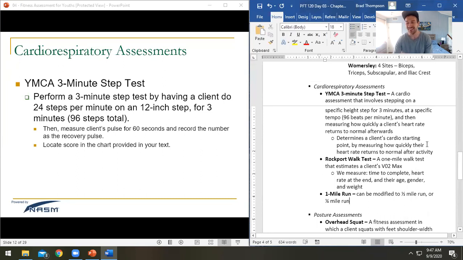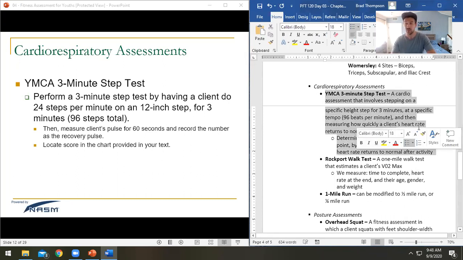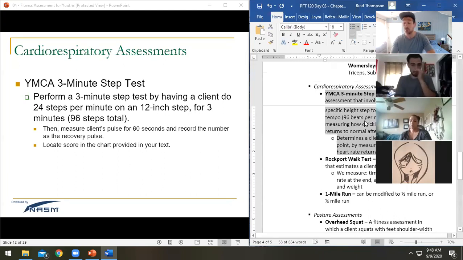So cardio assessments, right? One of the most popular ones is going to be your YMCA 3-minute step test. Now, that being said, this is actually not a great test for youths. I want to mention it here because it's a great assessment in general, but it is not calculated for kids. So I would not actually use this assessment in a youth situation. But again, I've said this a million times, we're here to prepare for the regular NASM, so I got to